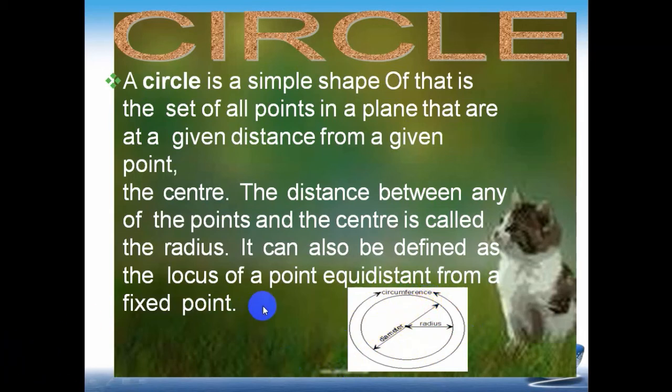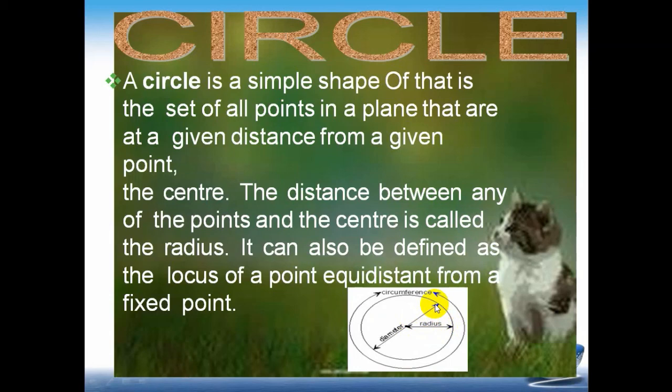The next question is how to construct a circle. Suppose we have to draw a circle of 2 centimeter radius. First of all, open the compass to the radius of 2 centimeters, fix the center for that circle, and draw an arc, which will be the circumference of the circle. You will easily construct a circle of 2 centimeter radius. And what is the radius? The distance between the center and the boundary point of the circle is called the radius.